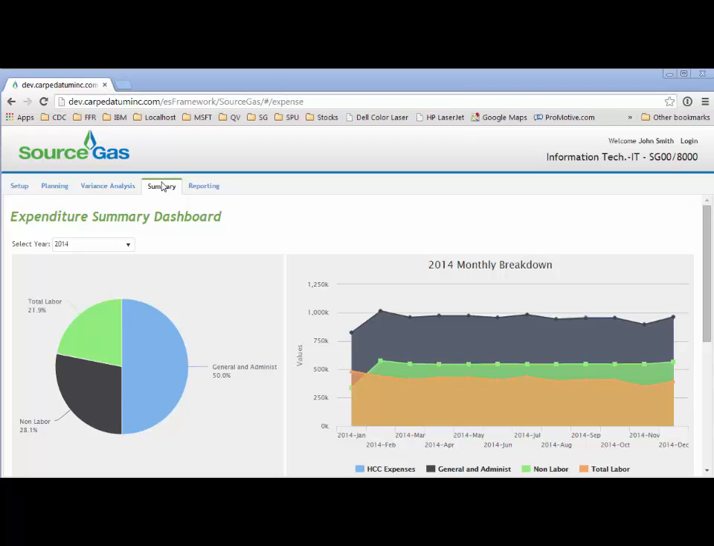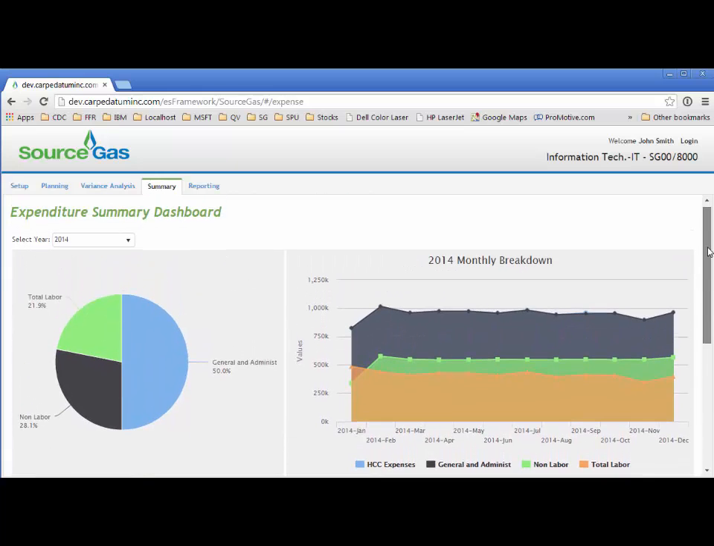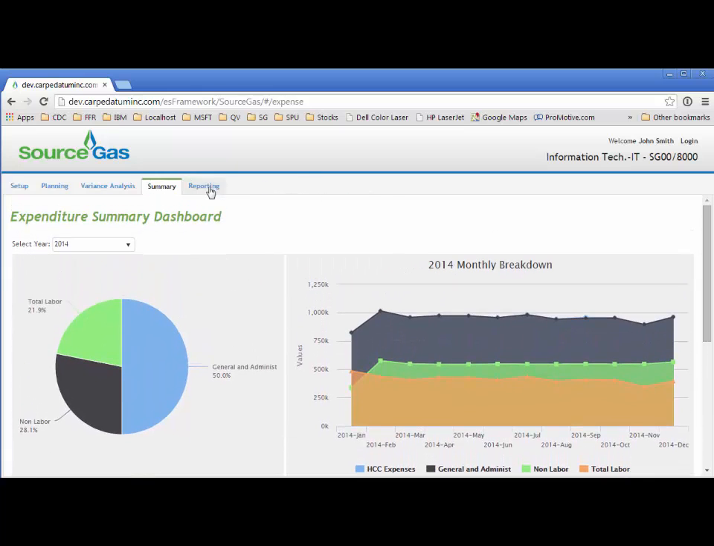The Summary tab provides a quick graphical breakdown of costs year over year. So users have a drop down where they can compare one year against another. The Reporting tab